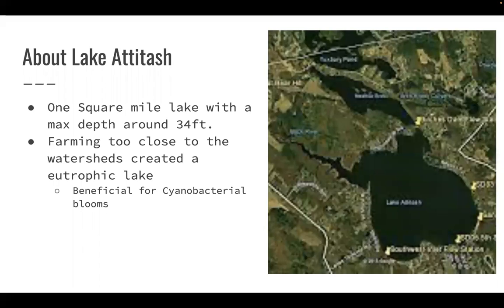It is a man-made lake. It was originally a pond that they placed a dam in and became a lake. This was around like the 1800s. It is a 1 square mile lake with a maximum depth of 34 feet, and its average is around 30 or 10 feet deep. It is considered a eutrophic lake due to farming too close to the watersheds, and this increased